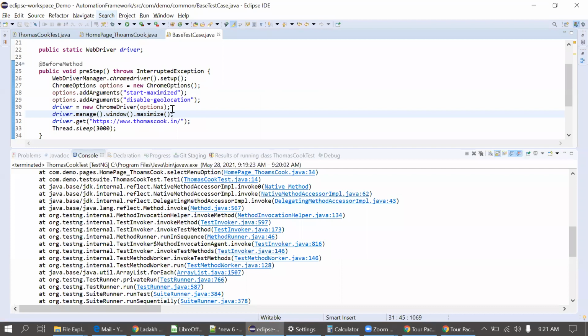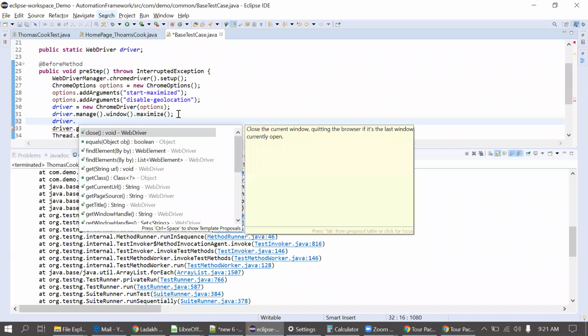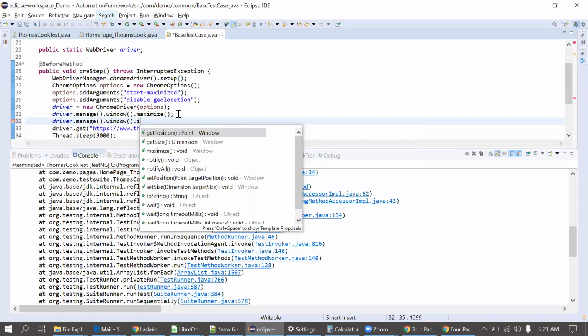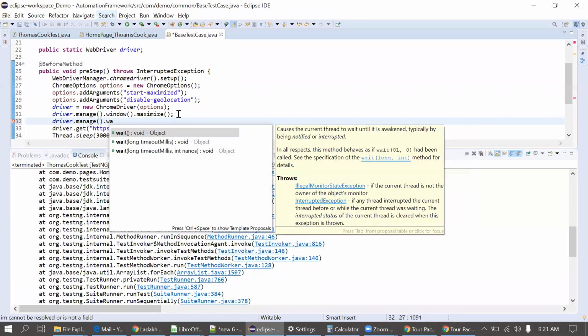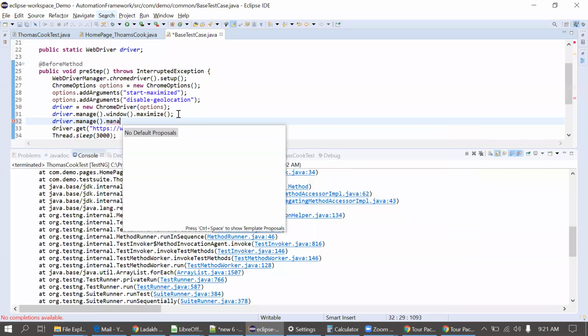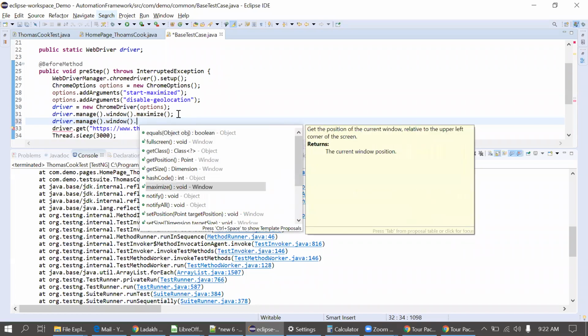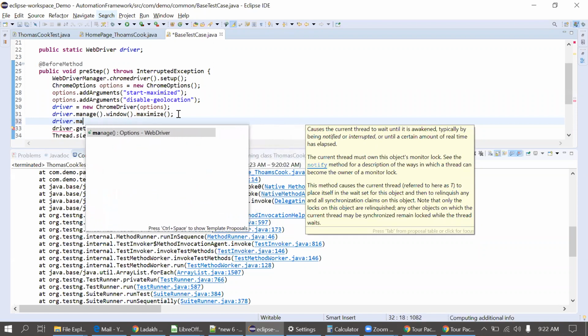I think I have deleted that one line of code here, that implicit wait. I'll just put that again here. Accidentally I have deleted driver dot manage dot window dot... where is the option? I'm not recalling now. Guys, where is the implicit option?